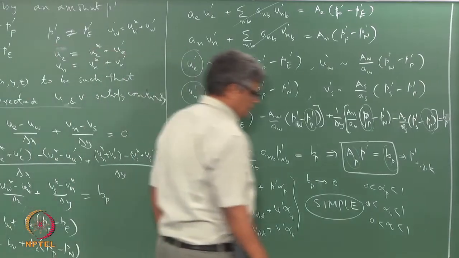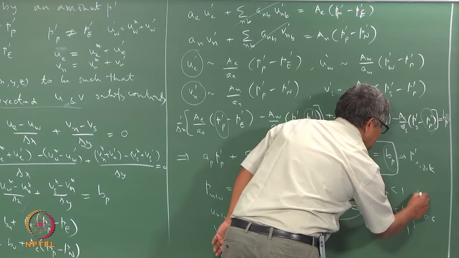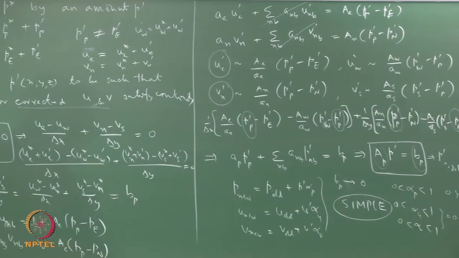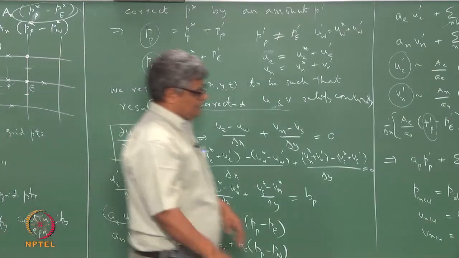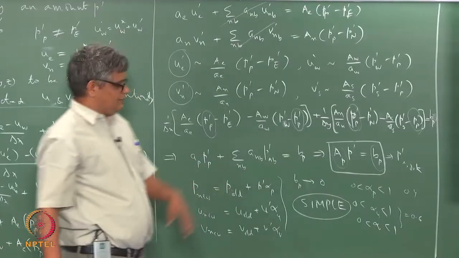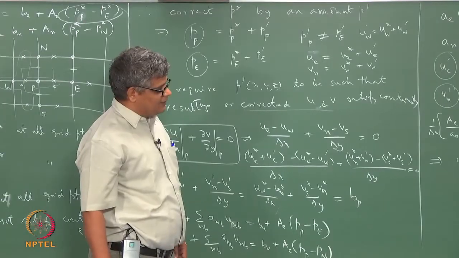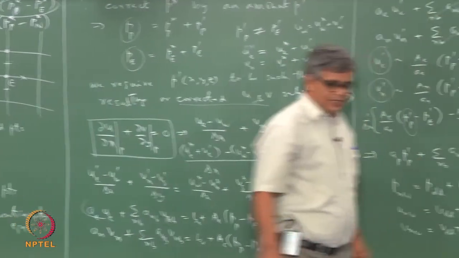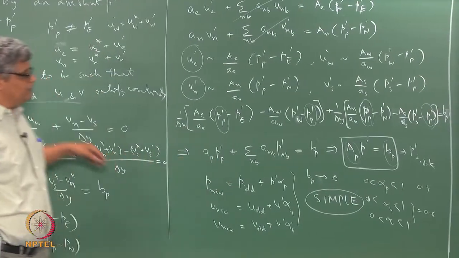Typically, you take these things to be around 0.6 and this to be around 0.4. Okay. So, something like that is a good thing, and this plus this must be equal to 1 is a rough guideline, something that has been arrived at. And so, with the specification of these under-relaxation factors, now you have everything that you require to complete one